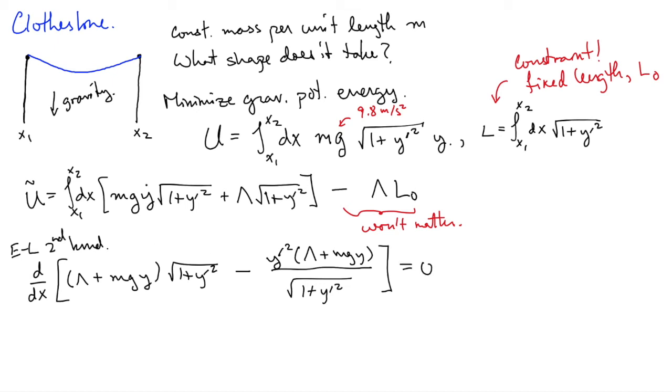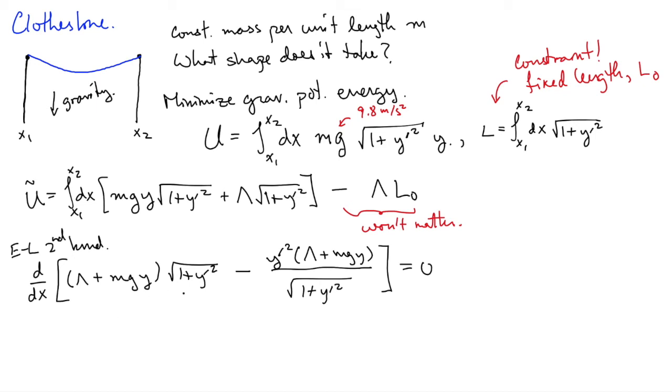And again, the partial of the integrand with respect to x vanishes because it doesn't depend on x explicitly. And again, this is an equation that I can solve, and the piece inside the brackets is equal to a constant. Okay,